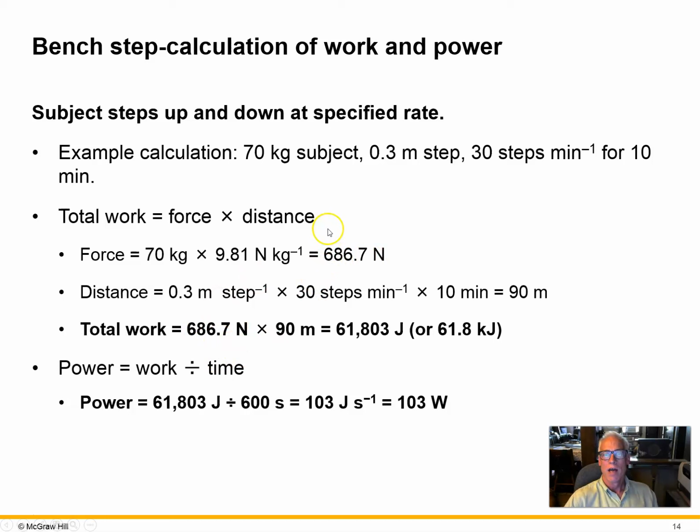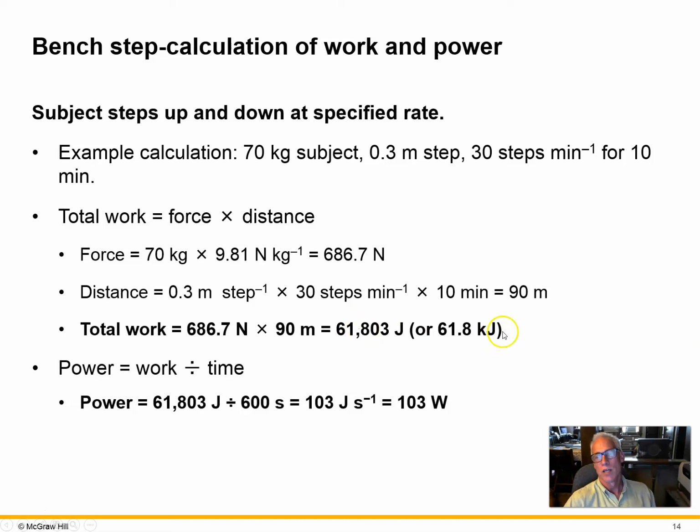And we're going to lift that for a distance of 0.3 meters times 30 times, or 30 steps per minute for 10 minutes. So we're going to add up to 300 steps. And the total number of meters, when we multiply that out, that we're going to lift is 90 meters. Again, 0.3 meters per step, 30 steps per minute times 10 minutes. So now we wind up with